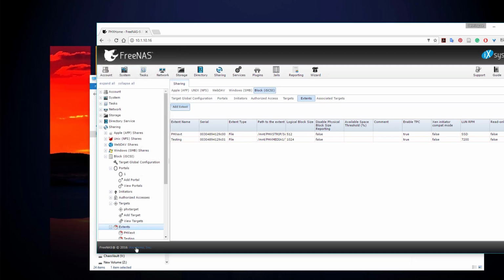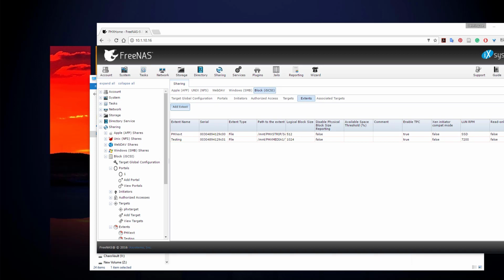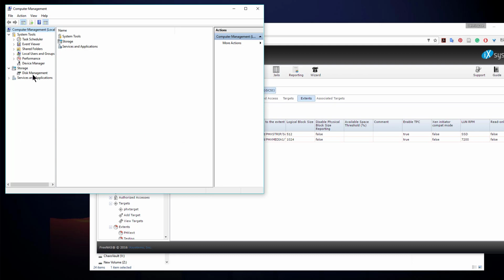That's all good. So the next thing I need to do is go to my computer management. I'm going to right click on the Windows button. If you're in Windows 10, you can easily get to this. So just right clicking on the Windows icon and go here to computer management. Here inside of computer management, if I go down to disk management,